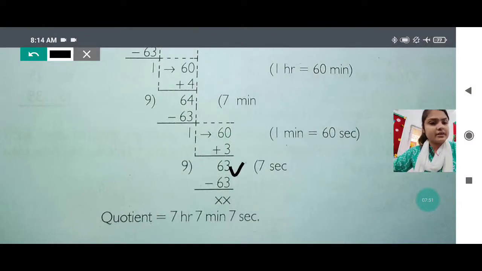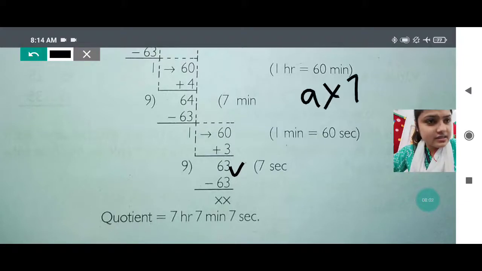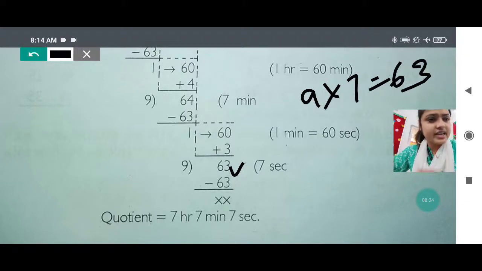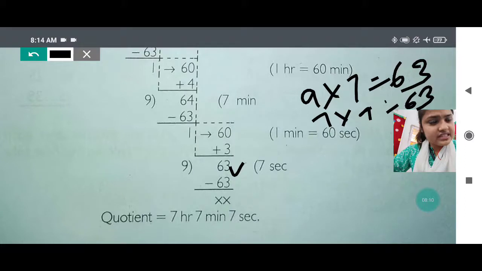Again when I am reading the table of 9, 7 times, how many do I get? 9 sevens are 63 again. Or 7 nines is also 63. In any way you are getting 63 only, which is lesser than 64. There I have written 9 into 6. That I have written wrong. 9 into 7 is 63, my dear. 9 into 6 is not. So now you will see that you are getting 63 exactly.